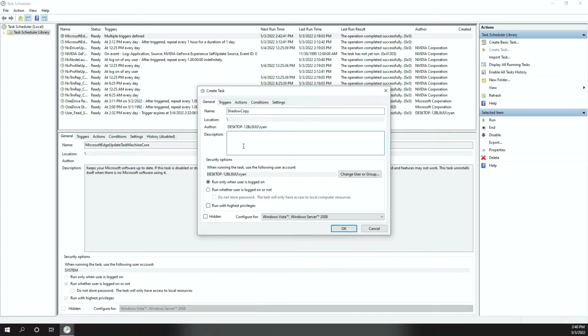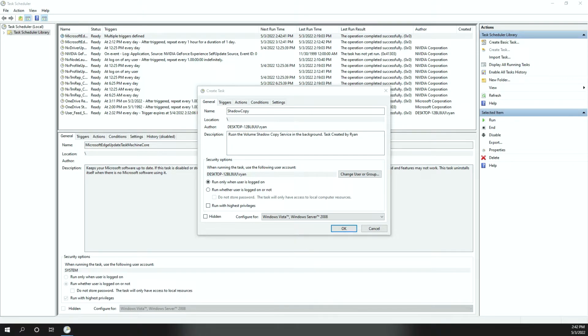Next, here in the description, this is a personal preference item. I personally like to put a description in of what the scheduled task is doing and who created it, because as you see other things kind of in the background here, there's a lot of things that get created by various applications on your system, and it's good to know what they are and where they came from. So in the description, I'm just going to put something in. So I'm just going to skip past this part for you guys.